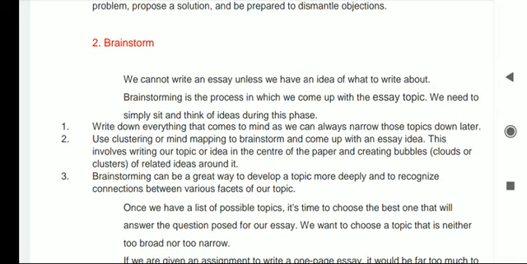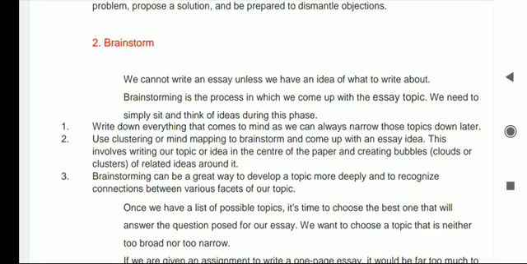First, write down everything that comes to mind, as we can always narrow those points down later. Second, use clustering or mind mapping to brainstorm and come up with an essay idea. This involves writing our topic or idea in the center of the paper and creating bubbles, clouds, or clusters of related ideas around it. Third,